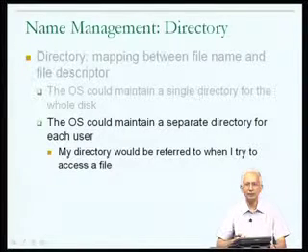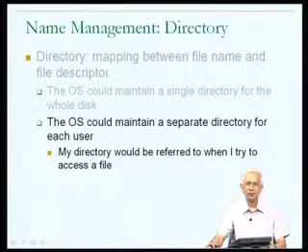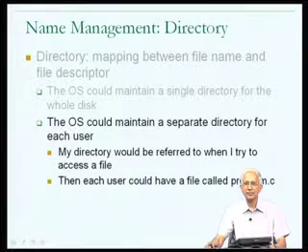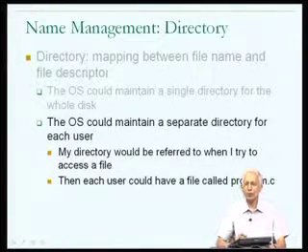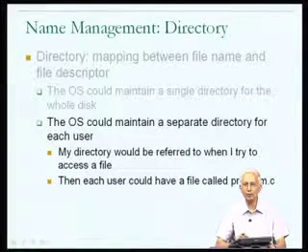You'll recall that the operating system differentiates between users by having a different user ID for every user. So the directory associated with my user ID is the one that would be referred to when my program tries to open a file called program.c. Now you may imagine that this too could be a little bit restrictive, because while every user on the system could have their own file called program.c,